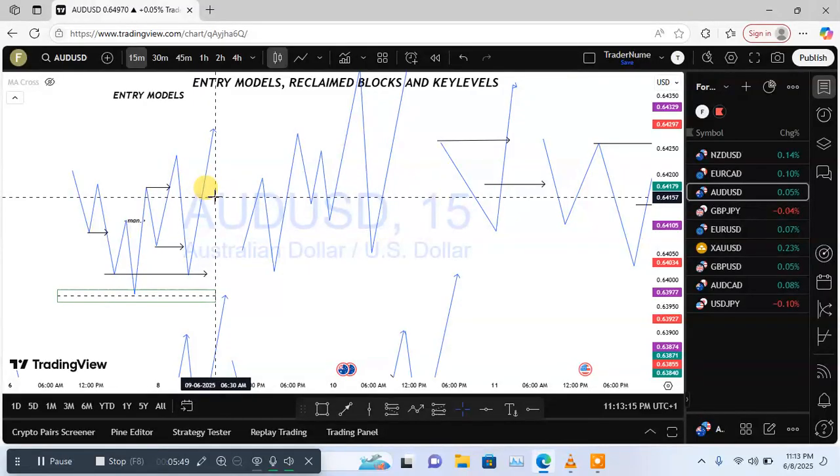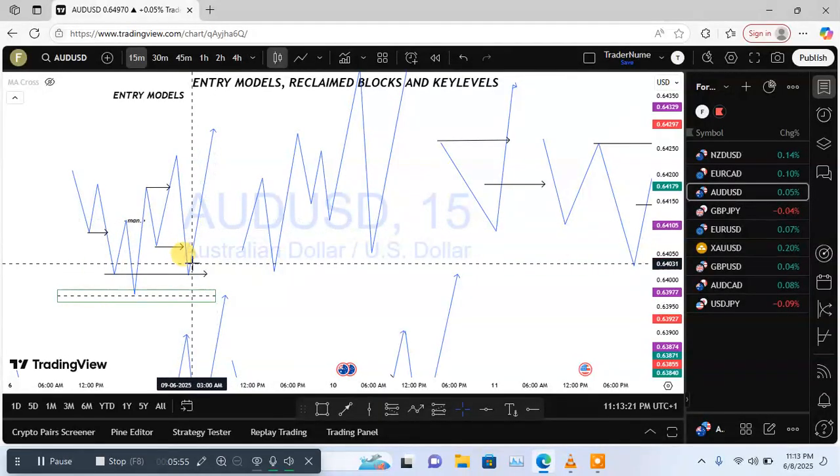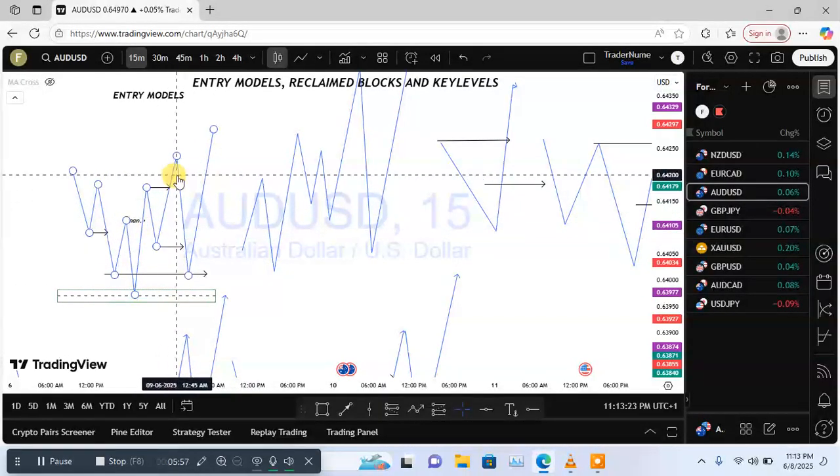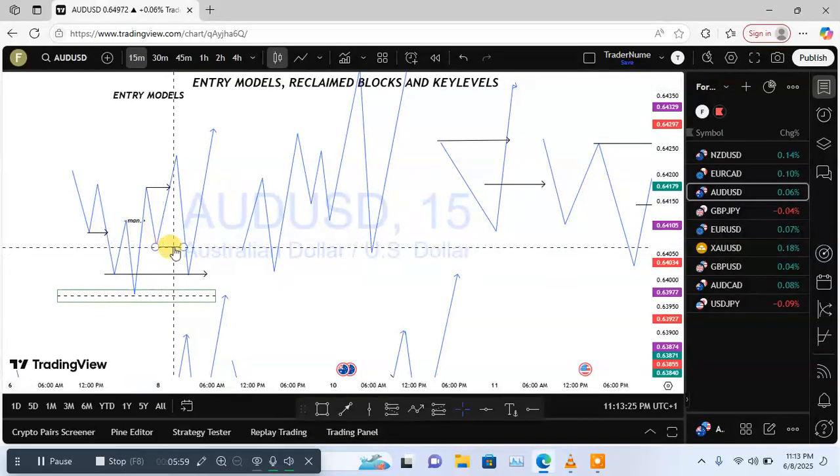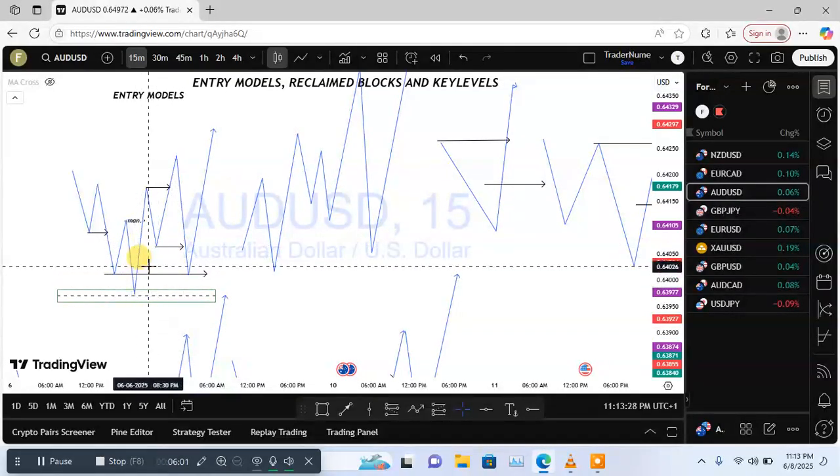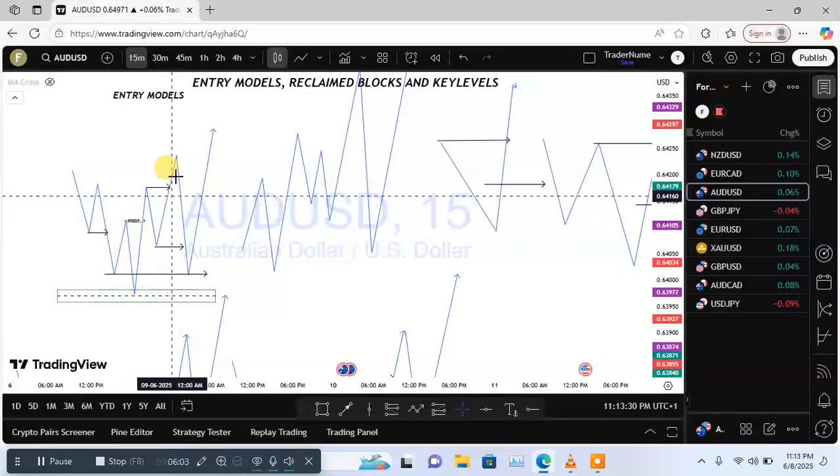Trading is a game of patience. You have to have patience before you can make profit. You don't just jump into any trade. So when you get the second break, that's when you start to look for your entry, where to enter from. Now, once you see this formation,